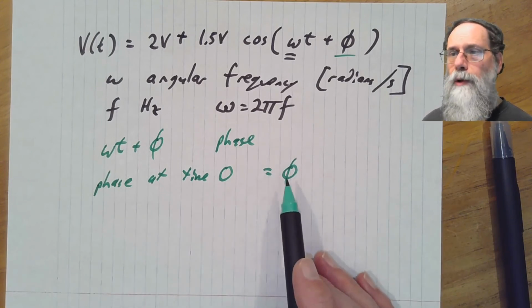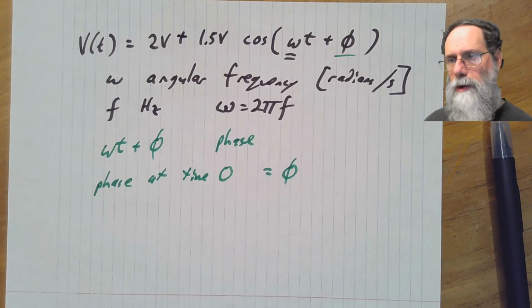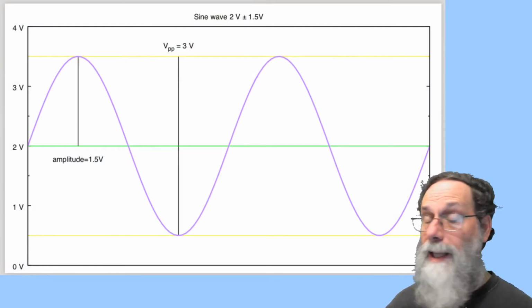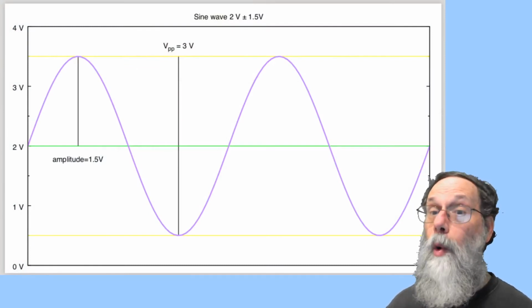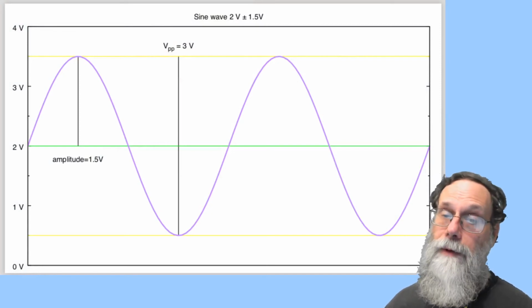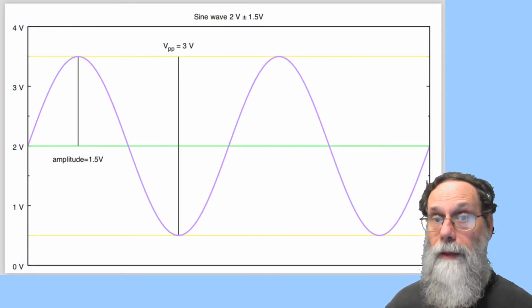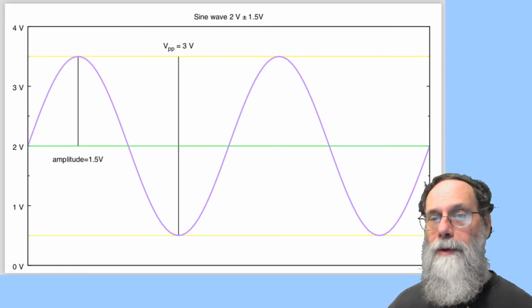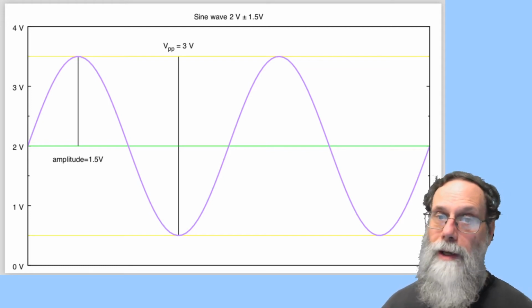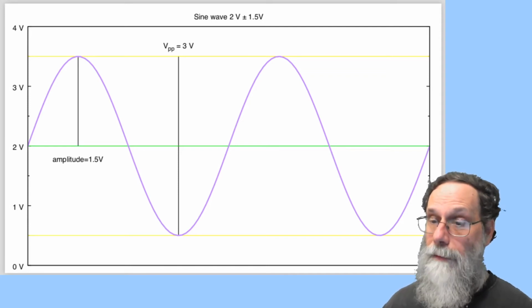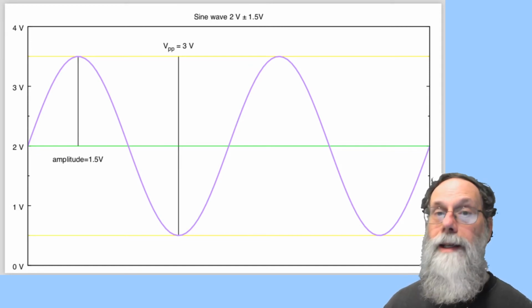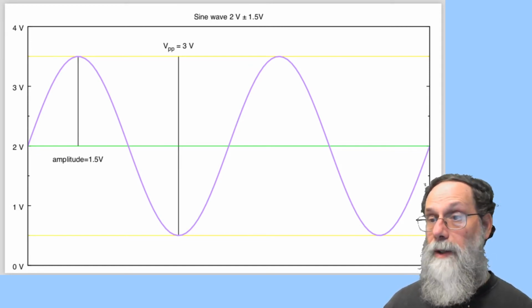And it's another useful property because it sort of tells us, well, where does it start? Where does the signal start? If we go back to looking at that sine wave here, I've not labeled my x-axis here. I don't know when time 0 is. If this is a cosine wave, then that short bar where the amplitude is labeled as 1.5 volts, if that was time 0, then the phase here would be 0 because cosine is 1 at time 0.